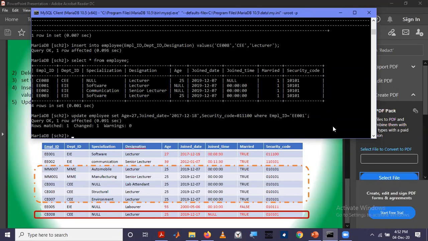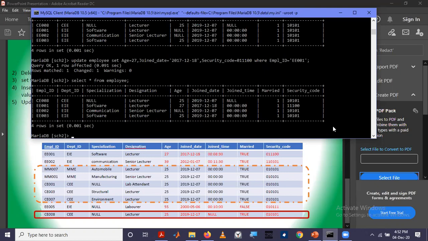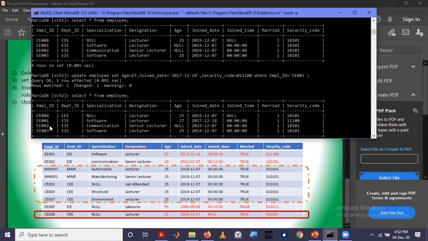So the query successfully affected. We can visualize that here. So EE001, age has been set to 27, join date has been changed to this one, and security code has been changed to this one.